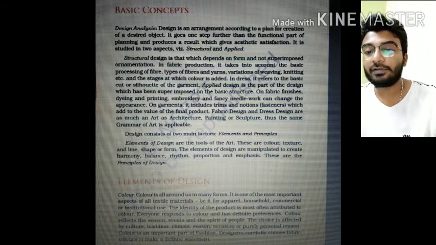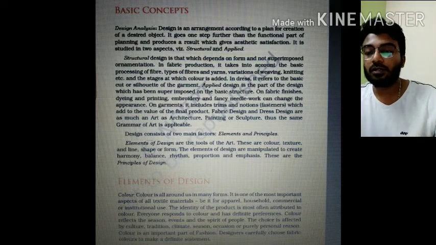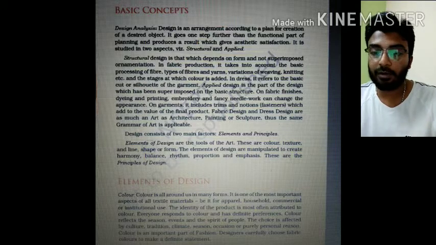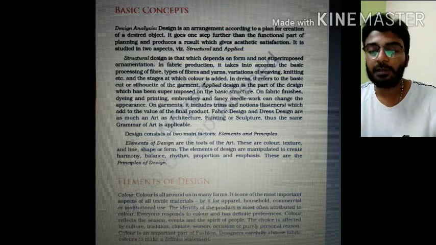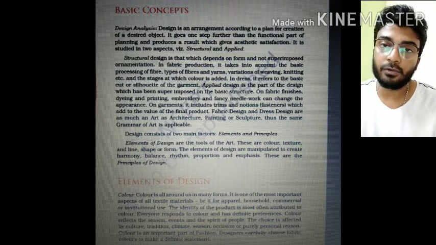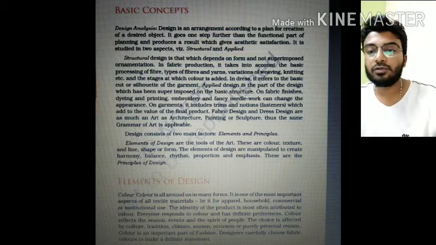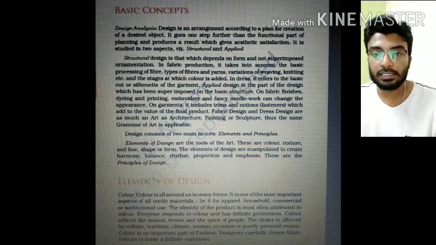So the choice is affected by culture, tradition, climate, season, occasion or purely personal reasons. Color is an important part of fashion. Designers carefully choose fabric colors to make a different statement. So basically what we have learned is that color plays a very vital role in textile materials. Now let's study this in detail.